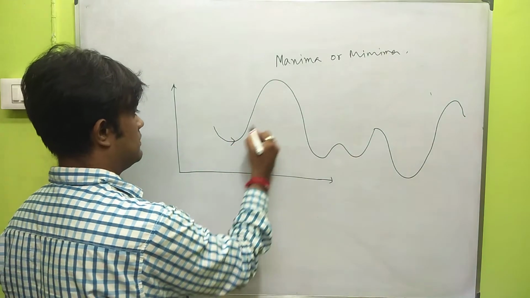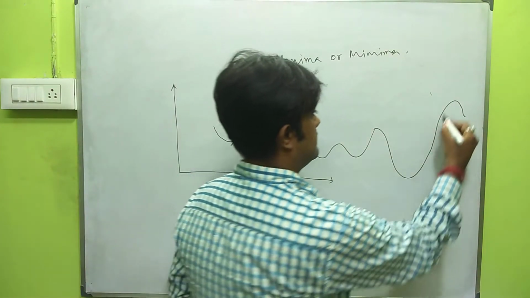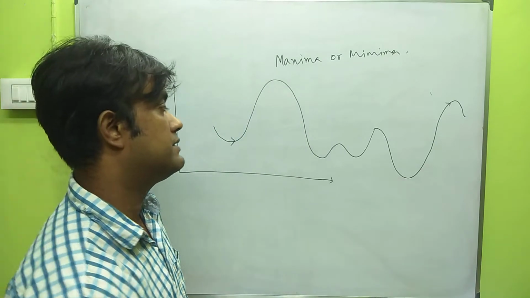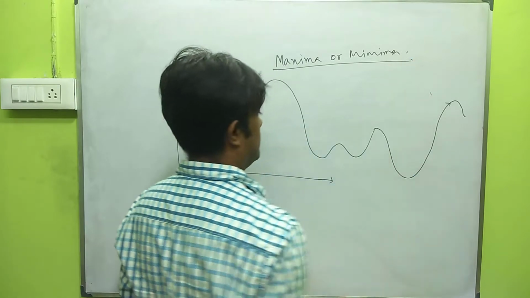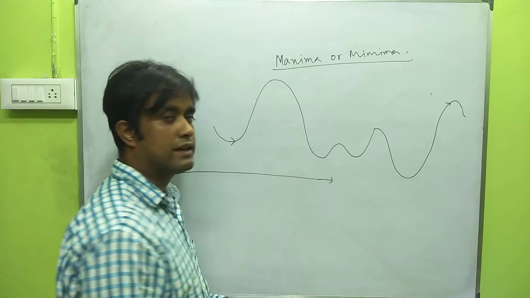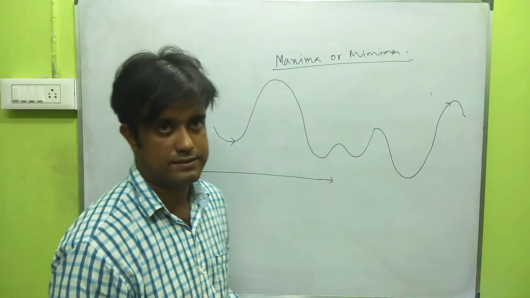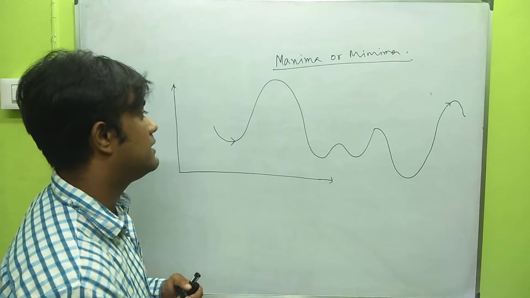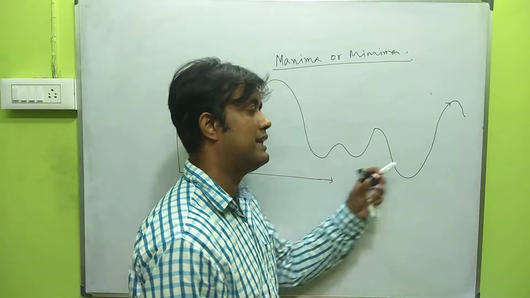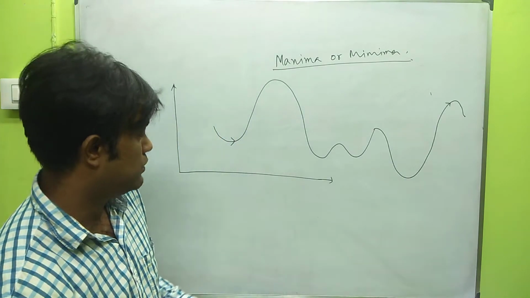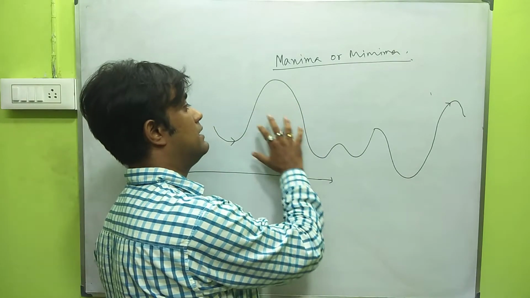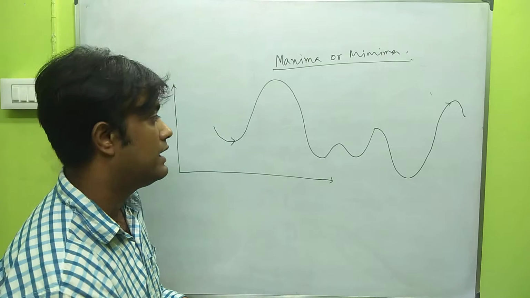So this is the graphical representation of a curve. At different intervals this curve has different characteristics. In some intervals it behaves as an increasing function, and in some intervals it behaves as a decreasing function. So to find the maxima or minima of this curve, we have to know